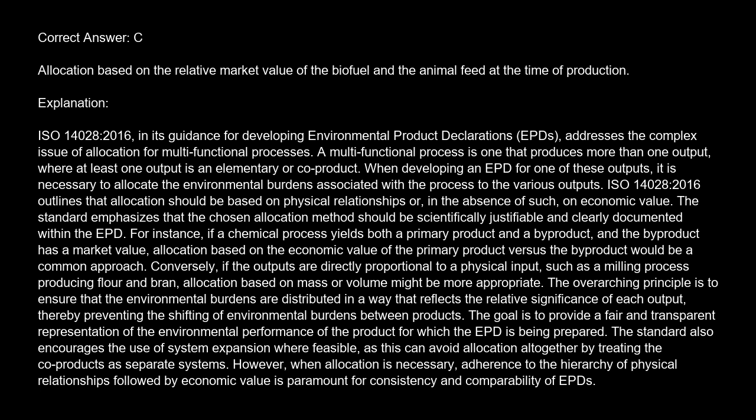Conversely, if the outputs are directly proportional to a physical input, such as a milling process producing flour and bran, allocation based on mass or volume might be more appropriate. The overarching principle is to ensure that the environmental burdens are distributed in a way that reflects the relative significance of each output, thereby preventing the shifting of environmental burdens between products. The goal is to provide a fair and transparent representation of the environmental performance of the product for which the